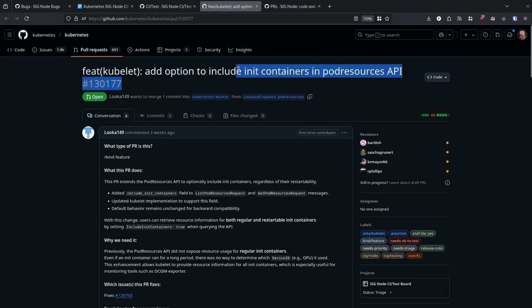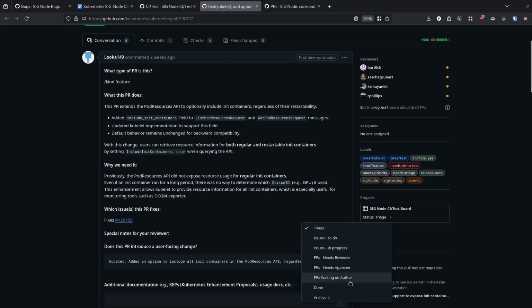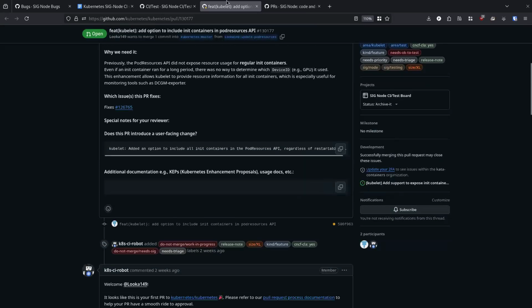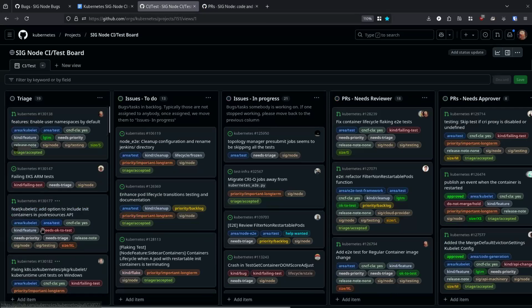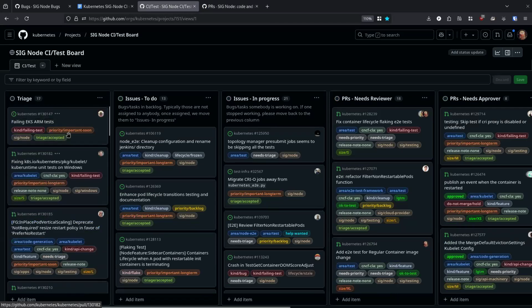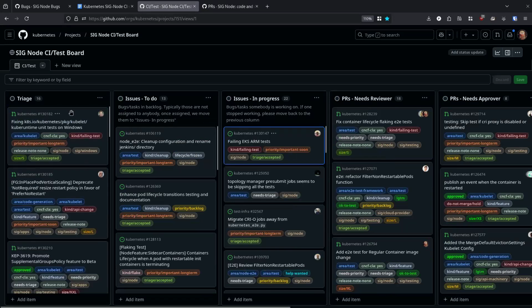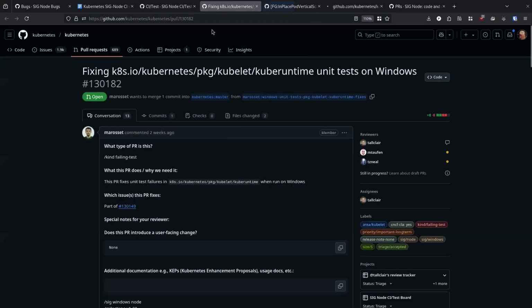Add an option to include init containers, resources API. I think that's test change.